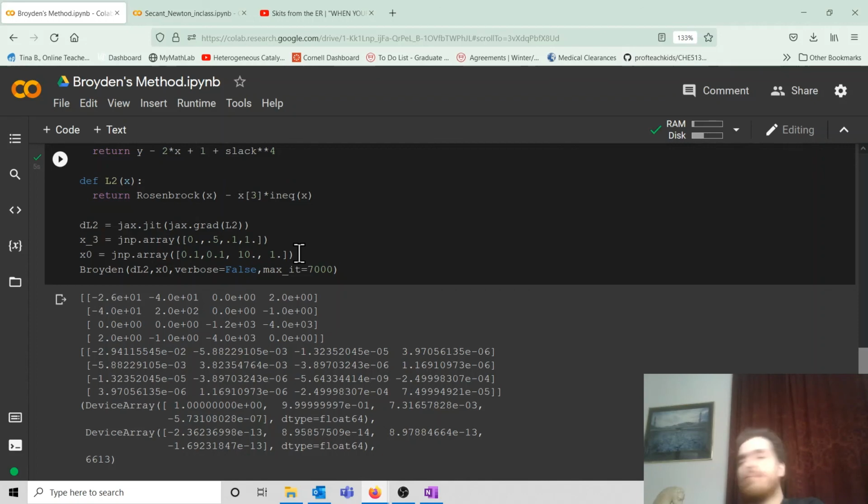Why this works, I have no idea. I'll be very, very honest. Yeah, so if you're watching and you have some idea, go ahead and post it in the comments, or even if you just want to speculate. Obviously, this increases the derivative. No, it wouldn't increase the derivative, because our gradient is the derivative of